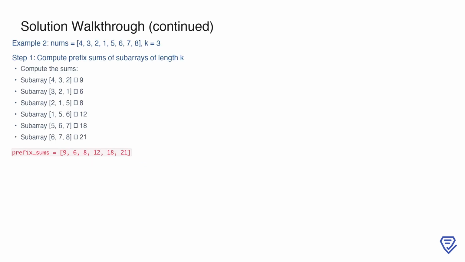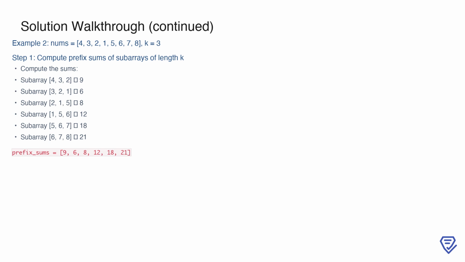In the second example, where nums is 4, 3, 2, 1, 5, 6, 7, 8, and k is 3, we start by computing the prefix sums for subarrays of length k. The first subarray, 4, 3, 2, has a sum of 9. Sliding the window, subarray 3, 2, 1 gives 6, subarray 2, 1, 5 gives 8, subarray 1, 5, 6 gives 12, subarray 5, 6, 7 gives 18, and subarray 6, 7, 8 gives 21. These sums form the prefix_sums array 9, 6, 8, 12, 18, 21. This array provides a quick way to reference the sum of any subarray of length k